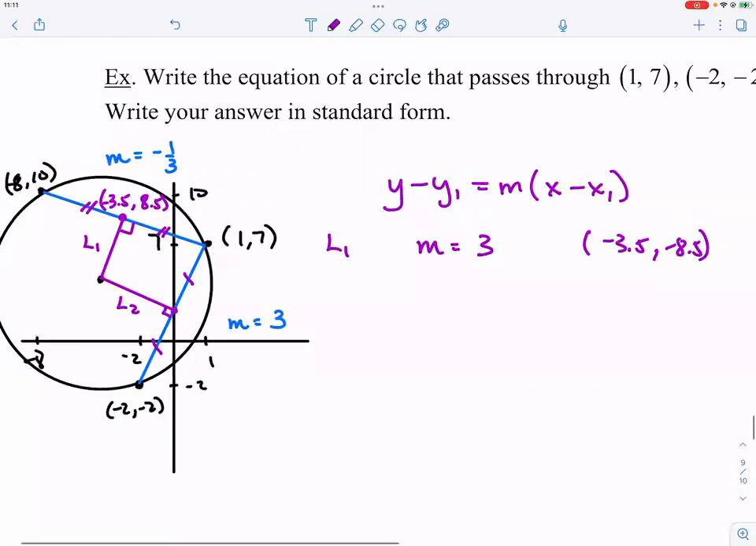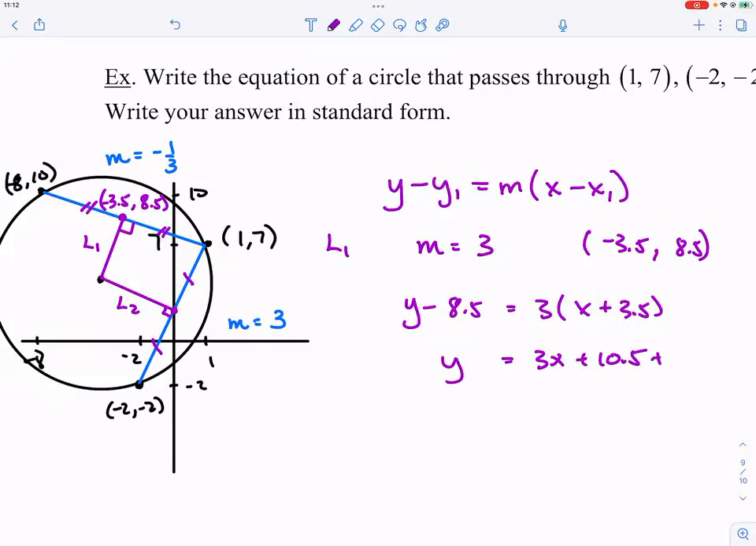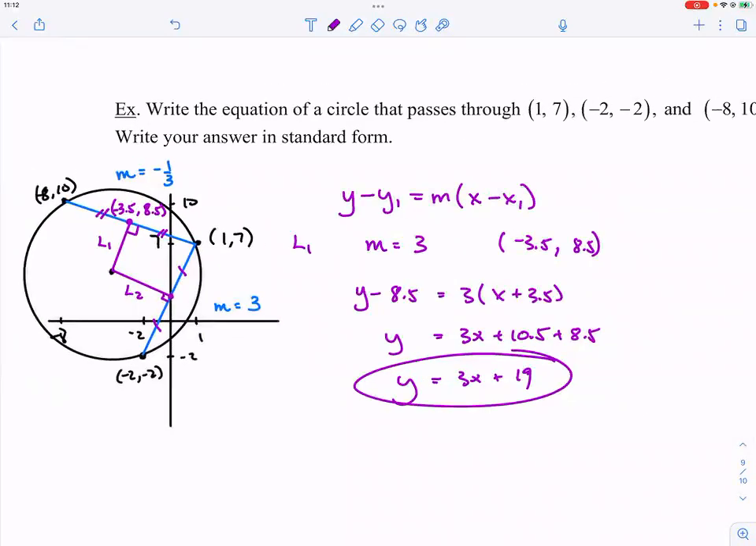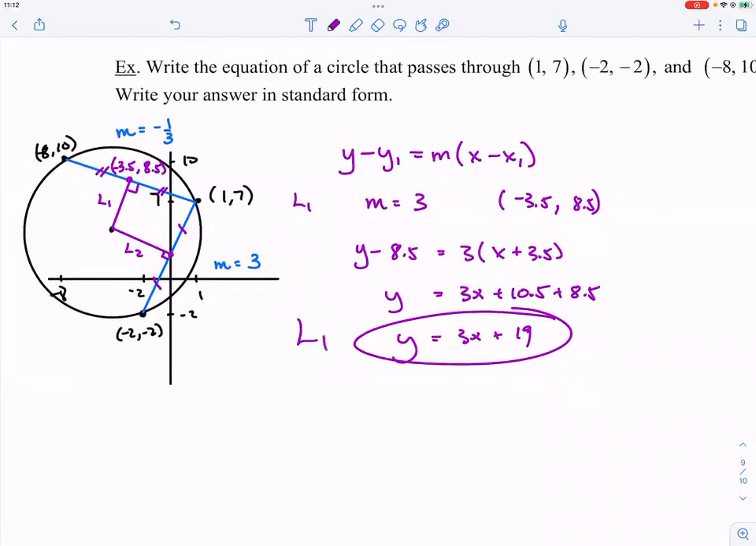Okay, so what we can do is y minus y1, which is y minus, sorry, because I don't know why I put in a negative here. Y minus 8.5 is equal to 3 times x plus 3.5, because minus 3.5 for the x value. So you would have 3x plus 10.5, and then you would add 8.5 there. So you've got 3x plus 19. So that's the equation for L1, and we do the same for L2, and L2 could be a little bit more challenging. L2 slope is -1/3 because of the negative reciprocal of the blue line slope right here,